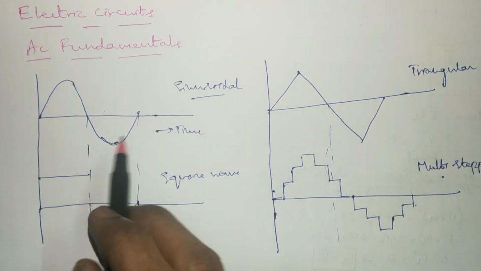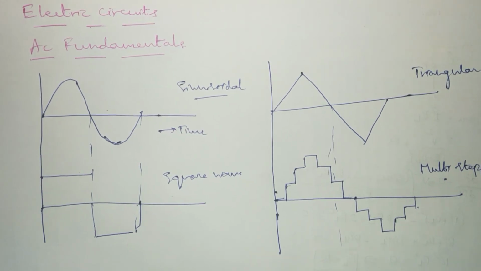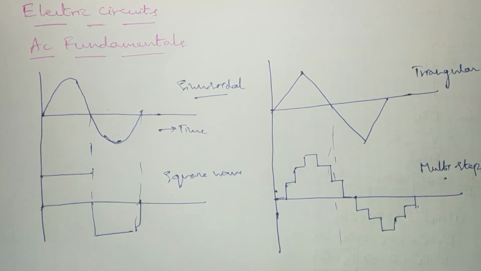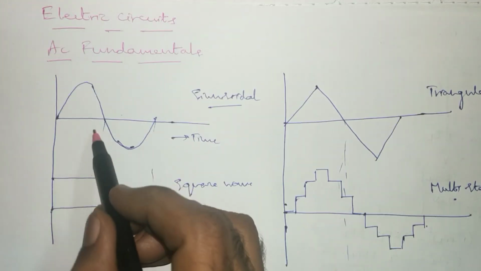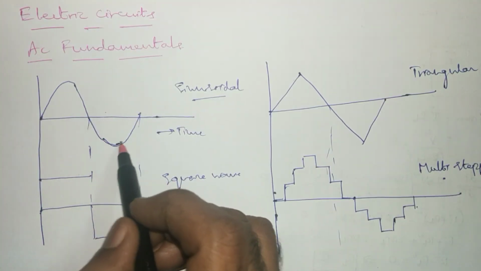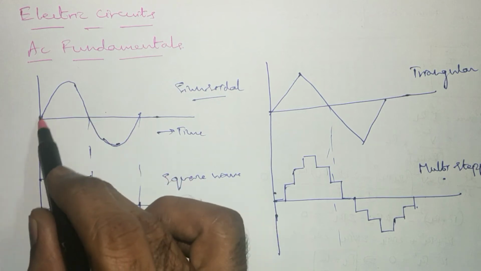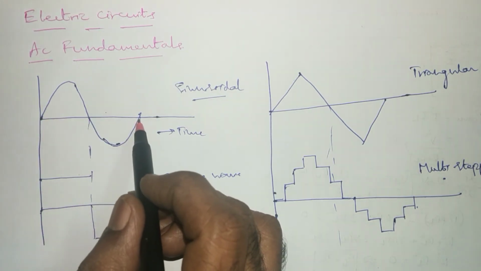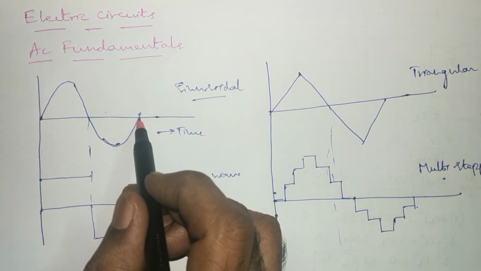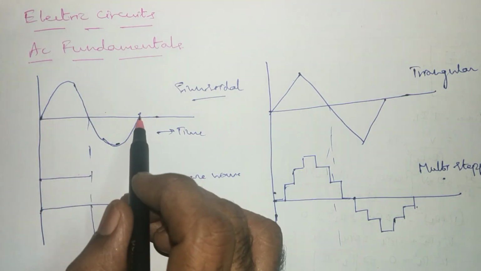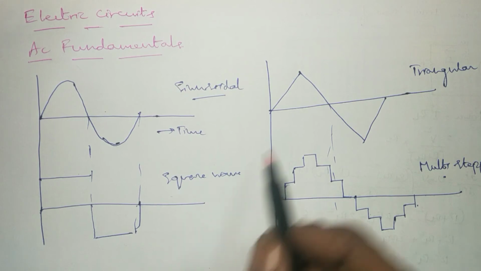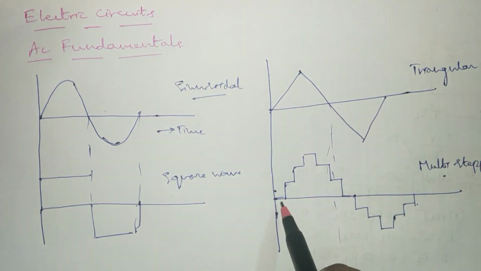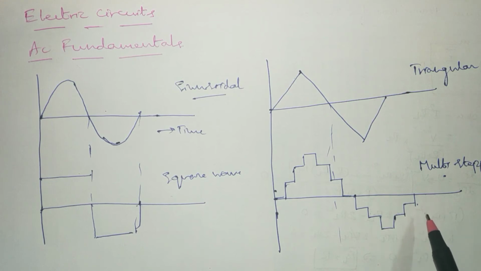Here we can have a few examples of the waveforms that we generally consider for alternating current. The first one refers to sinusoidal. Why the name is given to this as sinusoidal is because of its shape. It acquires the shape of sine wave that we consider for trigonometric ratios. That is the reason why this is known as sinusoidal, and this is a square waveform. So if you observe these waveforms, this is triangular and this is multi-stepped waveform. These are a few examples of alternating waveforms.